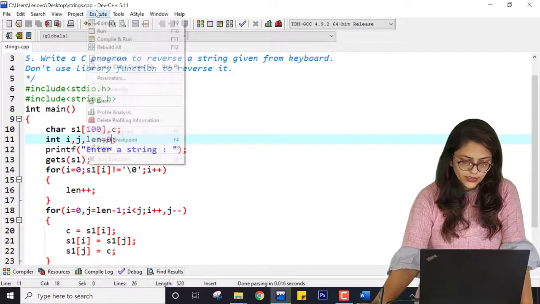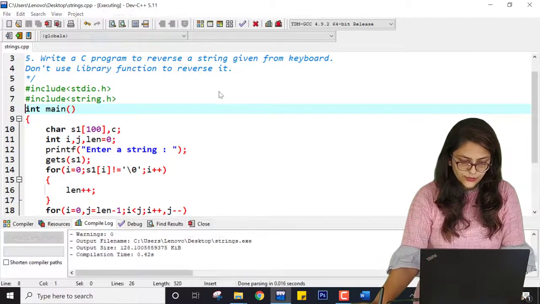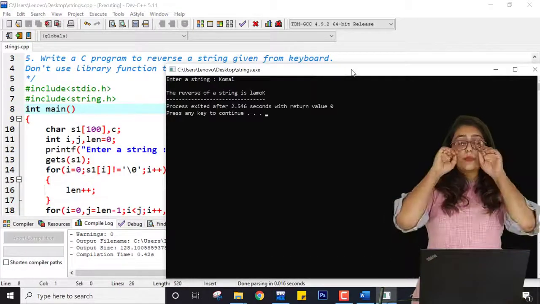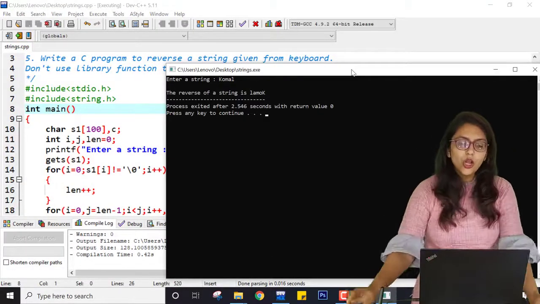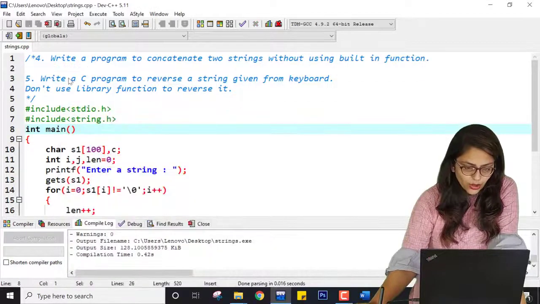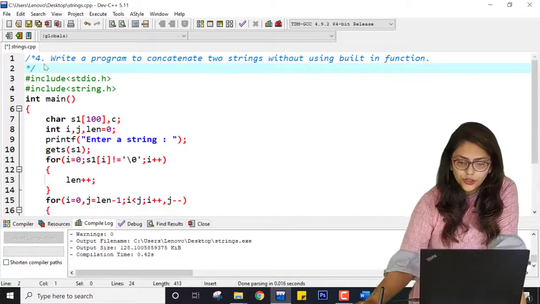If you are doing this, save the program, compile it and run it, and again enter the string. You can see it is giving me the correct output, right? So this is all about the 6th or 5th practical, to reverse a string without using an inbuilt function.